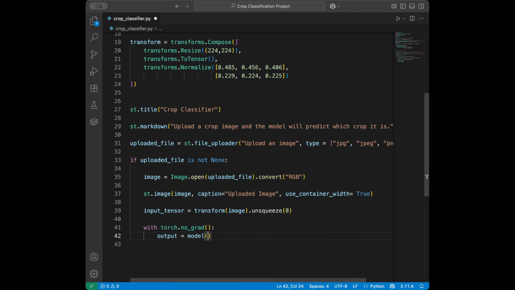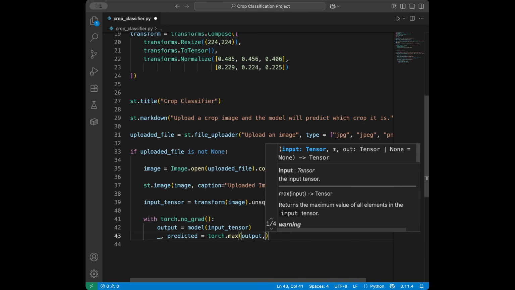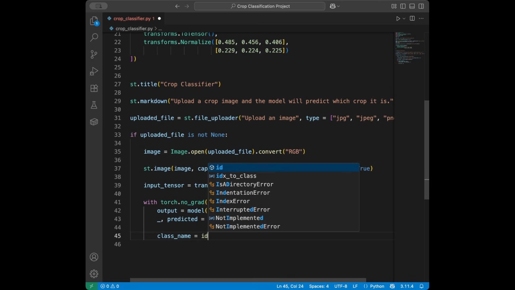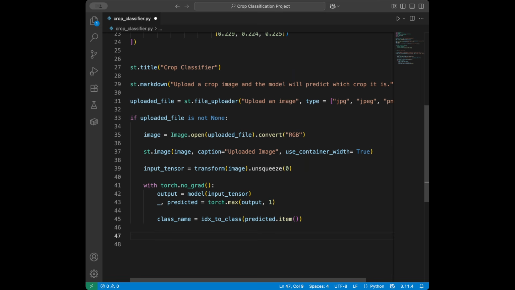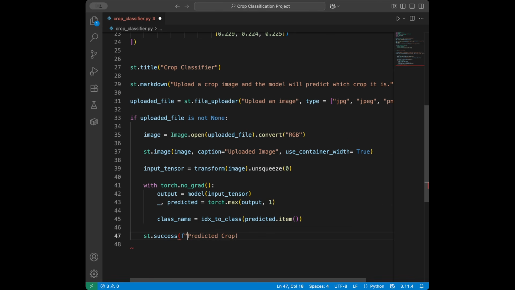Output is going to be model input tensor, and predicted in here is going to be torch max output with 1, and class name is going to be index to class predicted item like this. And for the final part, we can directly say, not in this indent, but if indent Streamlit success predicted crop, and it's going to be an f string like this, predicted crop, and we can just do class